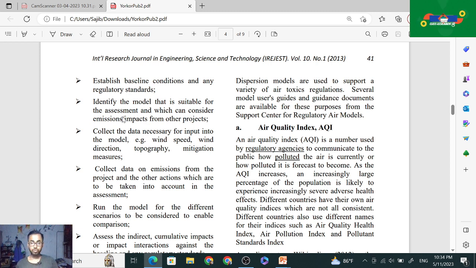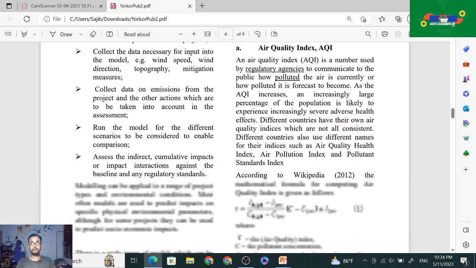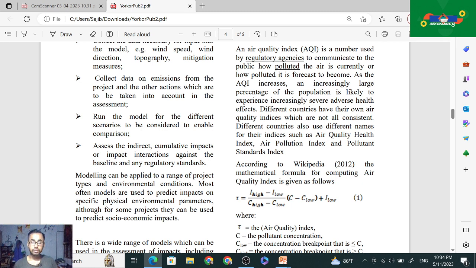regulatory agencies to communicate to the public how polluted the air is currently, or how polluted it is forecast to become. As the AQI increases, an increasingly large percentage of the population is likely to experience increasingly severe adverse health effects. Different countries have their own air quality indices, which are not all consistent. Different countries also use different names for their indices, such as air quality health index, air pollution index, and pollutant standard index. According to Wikipedia, the